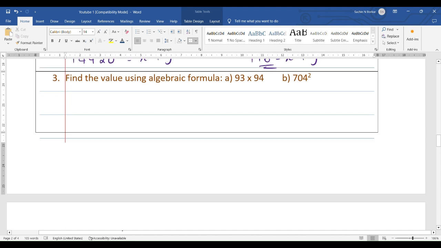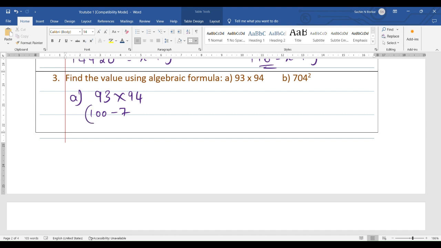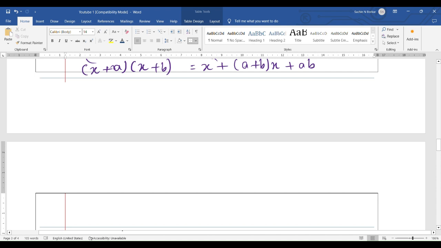Find the value using the algebraic formula: 93 into 94 and 704 square. 93 into 94 can be written as 100 minus 7 into 100 minus 6, where I can use the formula (x plus a) multiplied with (x plus b), which is x square plus (a plus b) times x plus ab, which I can simplify as